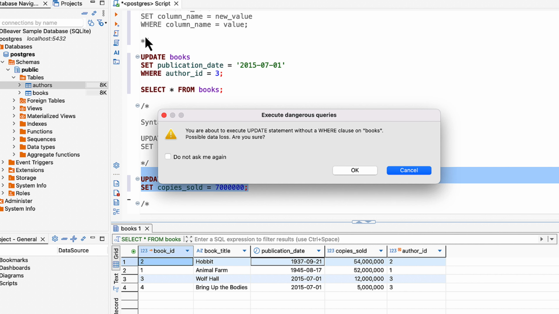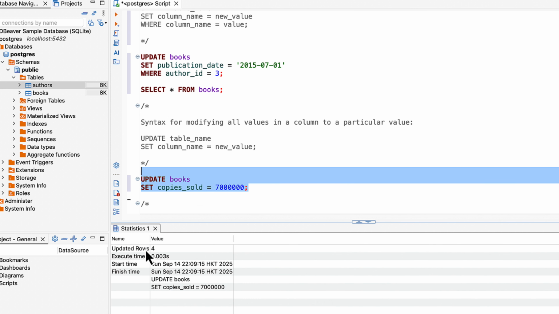And if we run this, now when you leave out a where clause when you're updating or deleting data, normally the database management tool that you're using is going to warn you saying you're about to execute update statement without a where clause on books, possible data loss. So these are risky queries to run as you're not filtering out any values, you're updating every value in a particular column. So you just get this warning message here, but if you click OK,